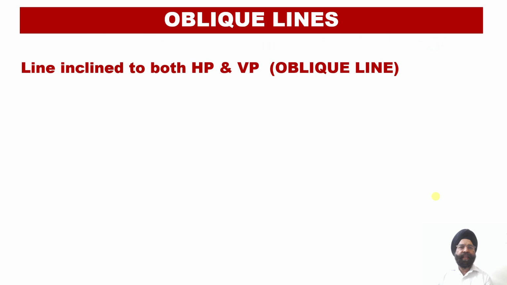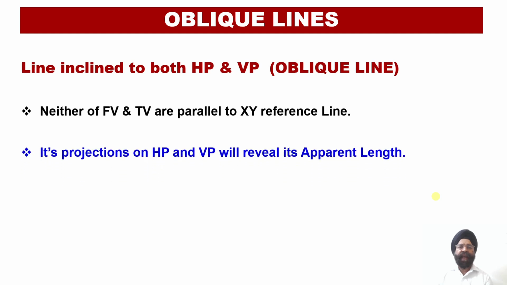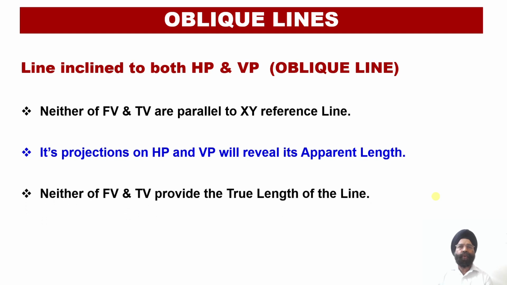Now an oblique line is the one which happens to be inclined to both the reference planes, that is the horizontal plane as well as the vertical plane. Due to the inclination of the oblique line with the two reference planes, neither the front view nor the top view is drawn parallel to the XY reference line, and the projections of the oblique line onto the horizontal plane and the vertical plane reveal the apparent length of the line, and we will not observe the true length of the line either in the front view or the top